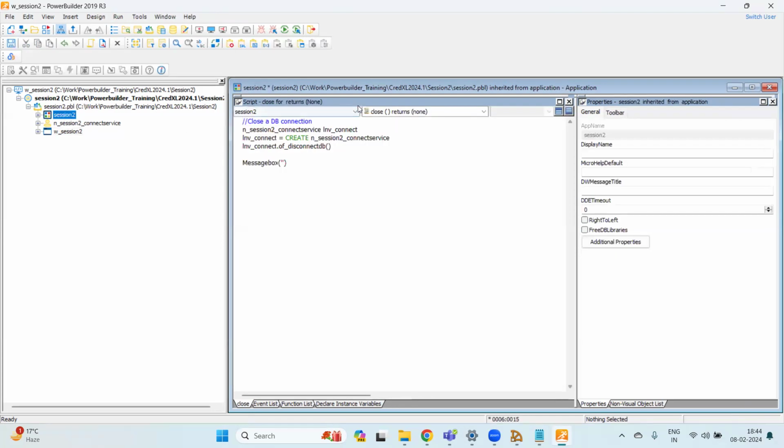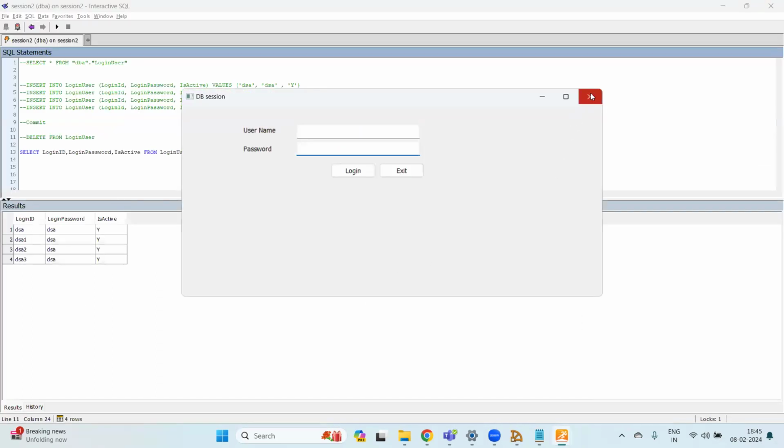So here in the close event, message box, I'm saying confirmation, and this is just for my information: all DB connections have been closed before application termination. What is expected when I close an application? A message box needs to be shown to me that all